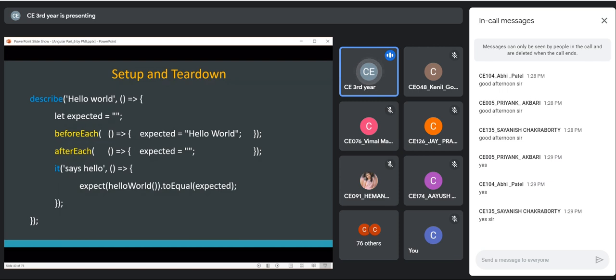And this afterEach function will be executed once that test case is finished.